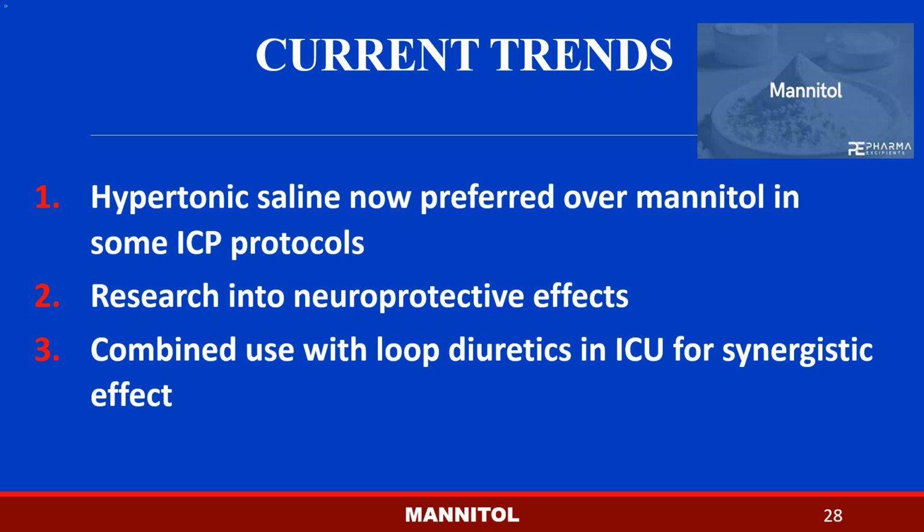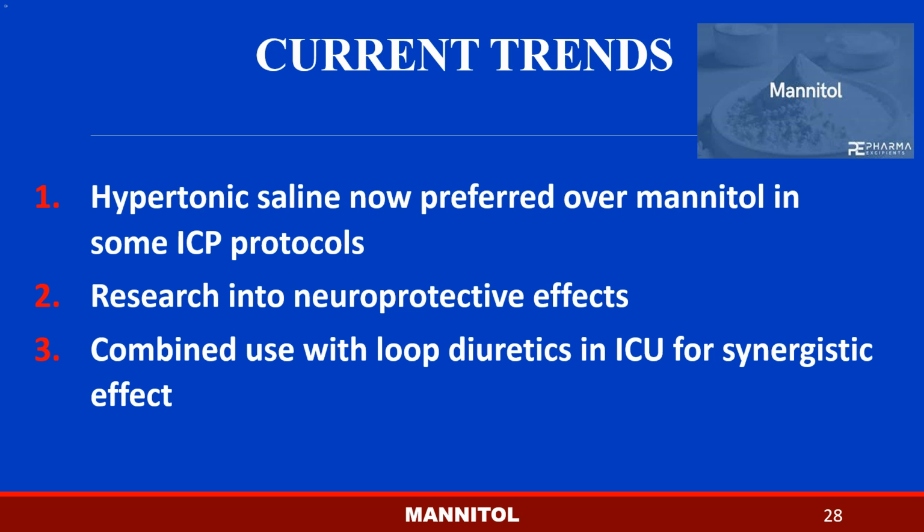Current trends. 1. Hypertonic saline now preferred over mannitol in some ICP protocols. In managing severe traumatic brain injuries, controlling ICP is crucial. Hypertonic saline has emerged as a promising alternative to mannitol due to its efficacy in reducing ICP without compromising cerebral perfusion. Some studies suggest hypertonic saline has a longer duration of effect and shorter ICU stay